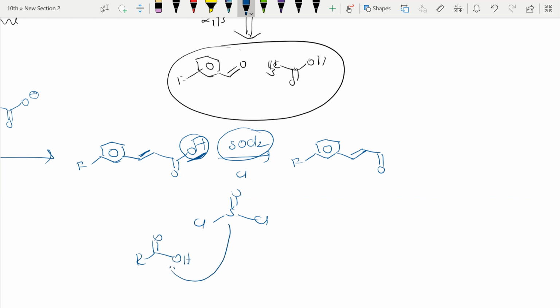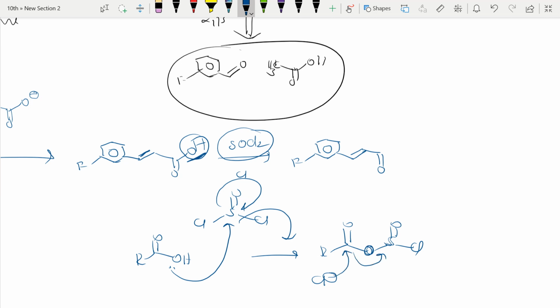So this oxygen will react like this. So electron density again comes, this chlorine will leave the system. R C O S O Cl. So Cl minus is there. What does this SO bond is there, right? SO bond will be very stronger. So it will take the electron density. This chlorine will attack here and this chlorine leaves the system. So I will get R CO Cl plus SO2 gas is liberated and Cl minus is there. That will form with HCl. HCl gas also will be liberated. Like this reaction happens. Similarly, if I add SOCl2 here, I will get this product.